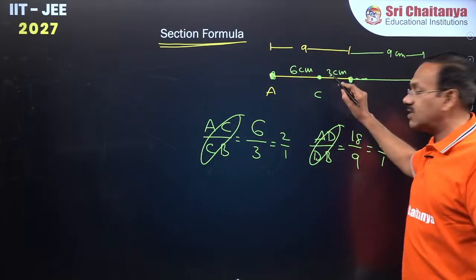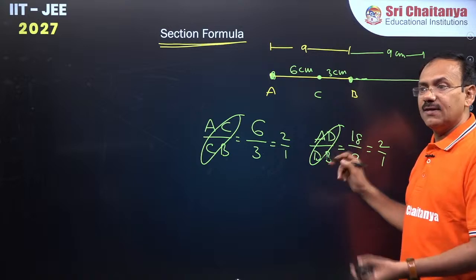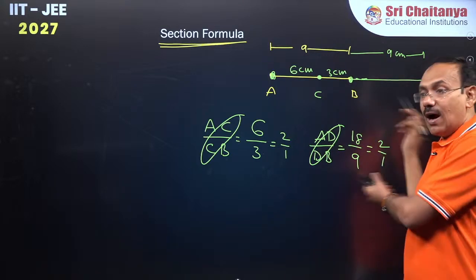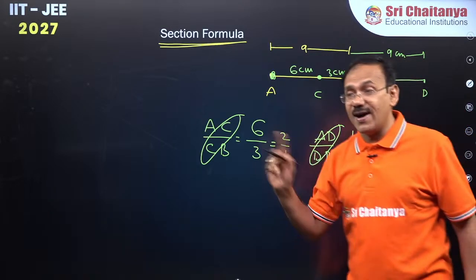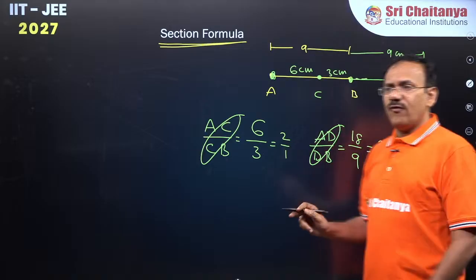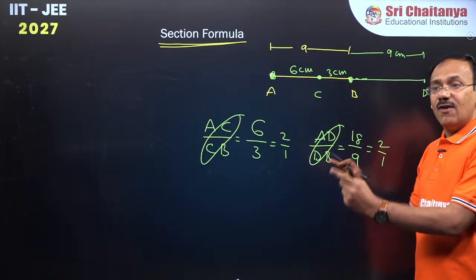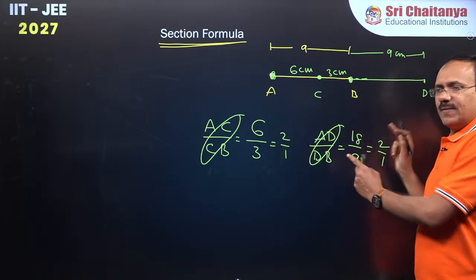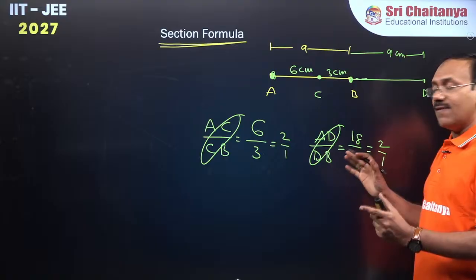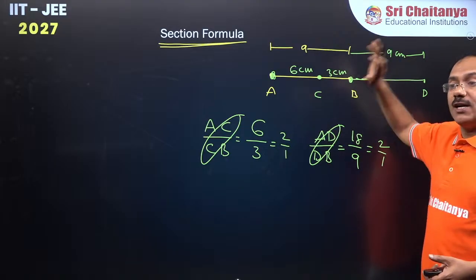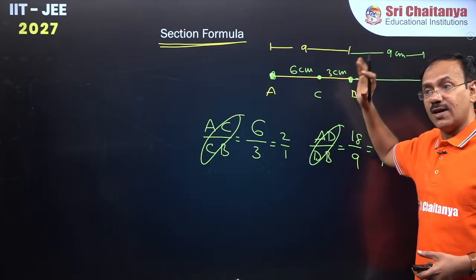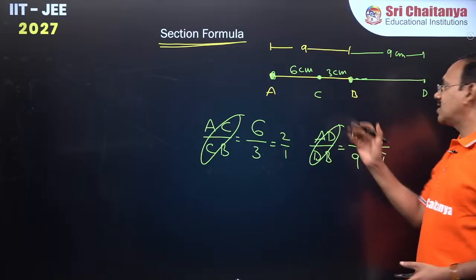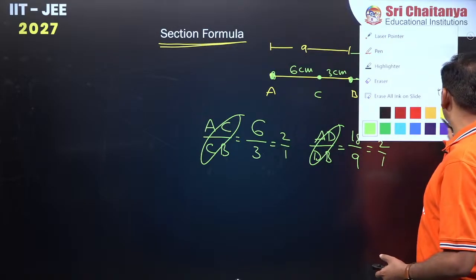Dividing internally means this point lies between A and B, dividing externally means it will be outside of AB. Clear everyone? For any line segment, for any given ratio except 1:1, there will be a point which divides in the ratio m:n internally, and externally. Now I'd like to say here,